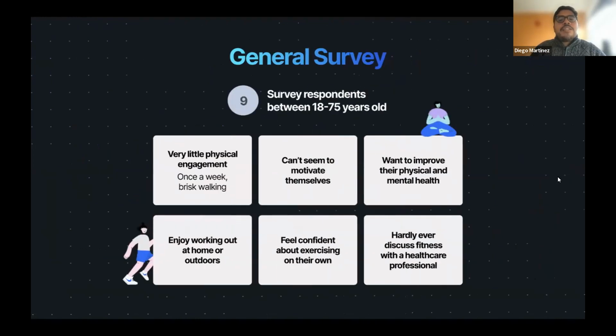We had 9 survey respondents located in North America and between the ages of 18 and 57, who were recruited from our personal network, Slack community for web accessibility standards, and Facebook groups for people with disabilities on a fitness journey. Out of those 9 folks, 4 identified themselves as people with a visual impairment, and their insights revealed that